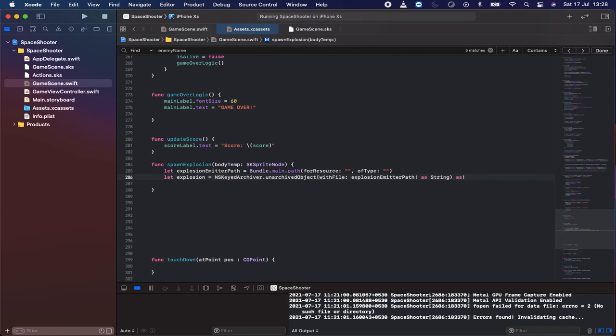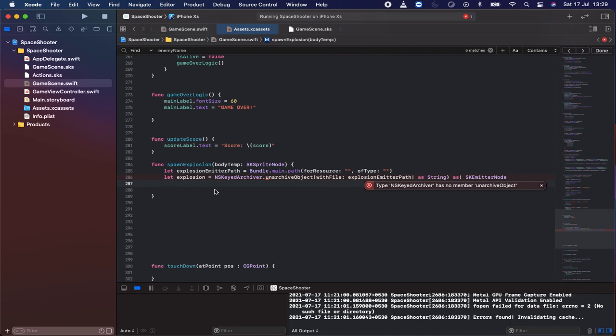will be of kind SKEmitterNode. It's an archived object with a file type SKS, on archive. Then I'm going to write here is an archive object. Key has no member on archive object. We'll take a look later on. Let's come back to the explosion dot position